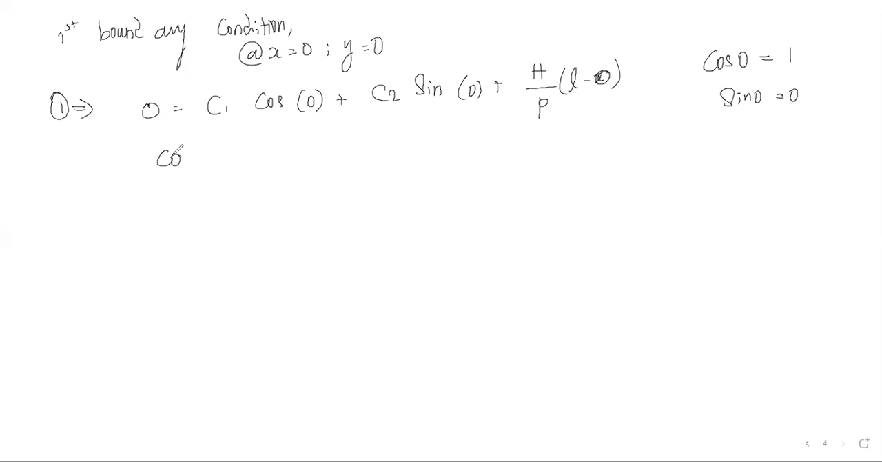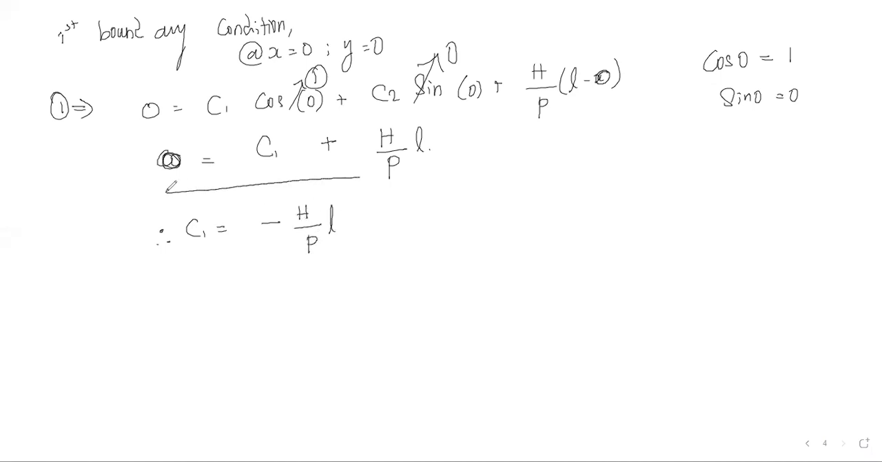So if I substitute this, C1 plus this entire term becomes 0, so the cos term becomes 1. Now C1 plus h by p into L. Therefore, C1 is equal to minus h by p into L. Okay. Next, we have to use another boundary condition. So the second boundary condition is